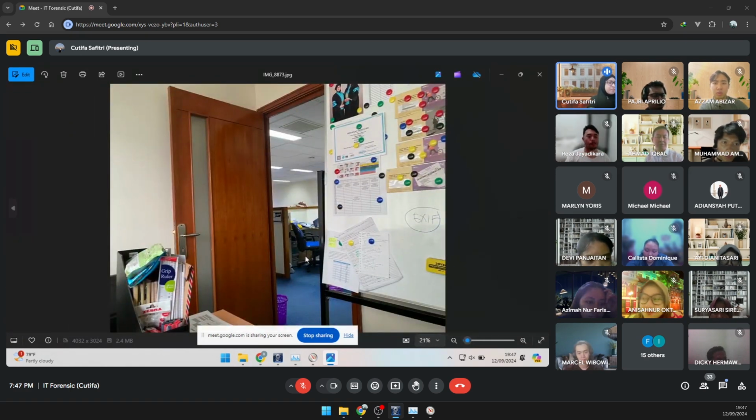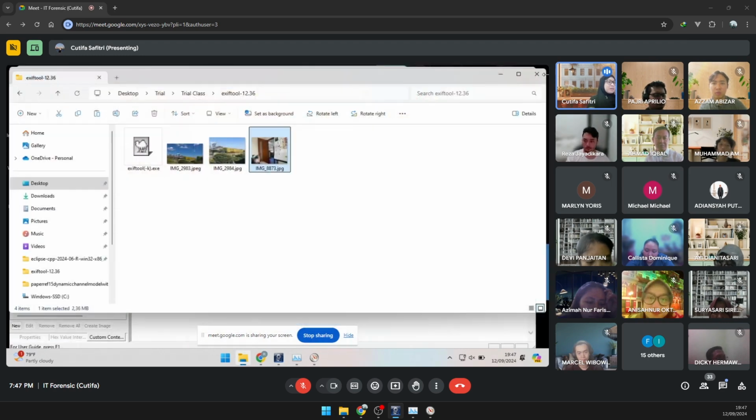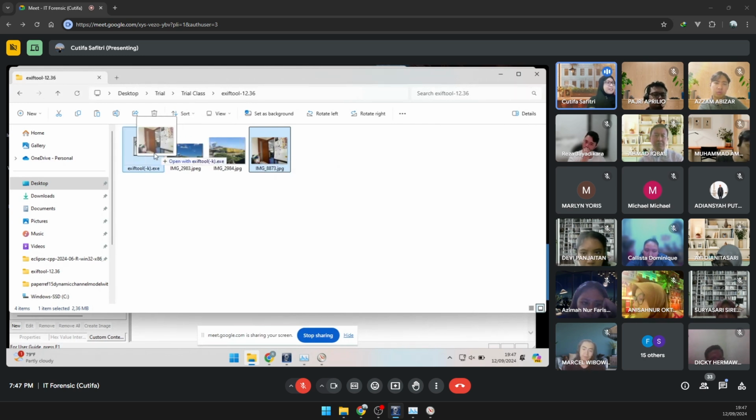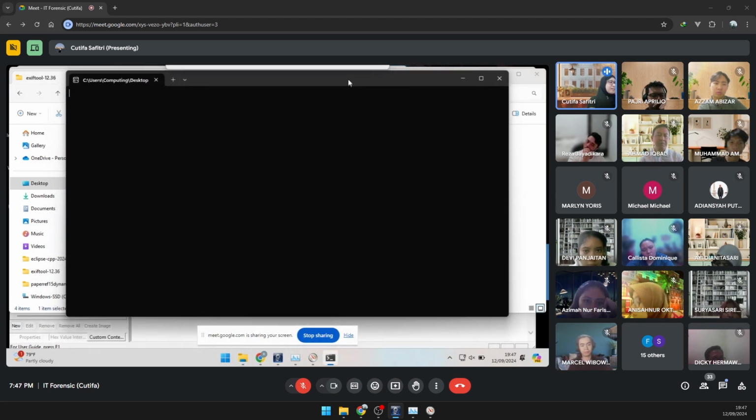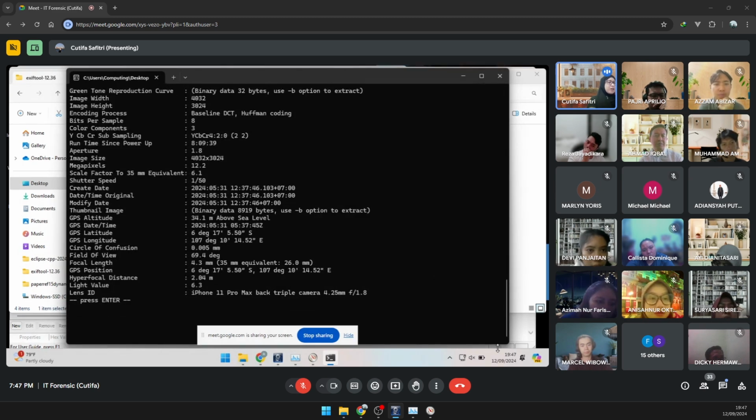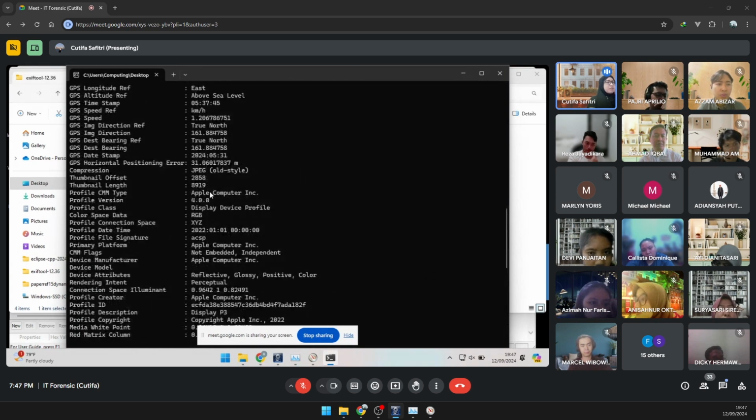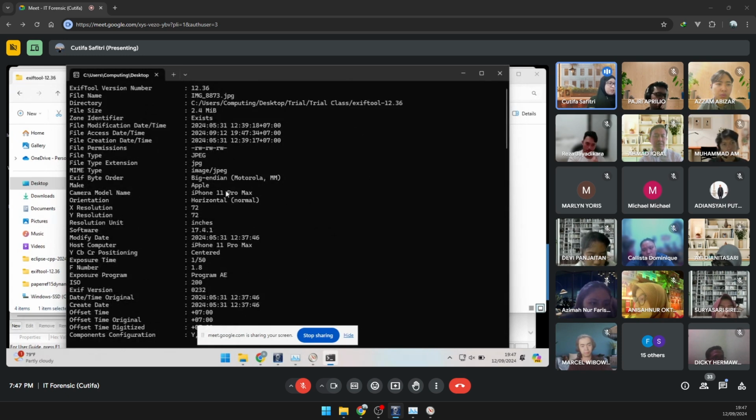So if you have this image and you wanted to determine the information in this image, I can suggest one tool that you can use called ExifTool. You can download this application for free on the internet. The name is ExifTool. If you have a picture, you can just drag and drop it in ExifTool, and you will get the metadata of that image. I hope that it can help you to determine whether the image was original or not.